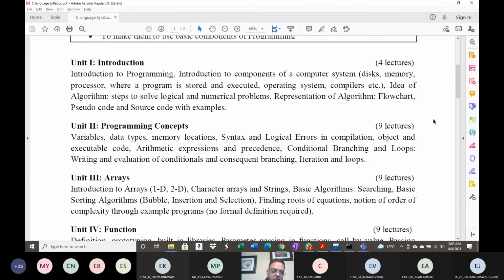Any variable will be of a certain type, and what it means is that if you assign a value that is not compatible with the type of that variable, you will get a compile time error. I will show this to you. But by far most important is this part, memory locations. I'm going to highlight this so that you can have a look. Memory locations: where is the value of a variable going to get stored?